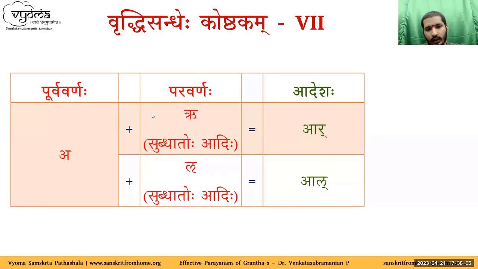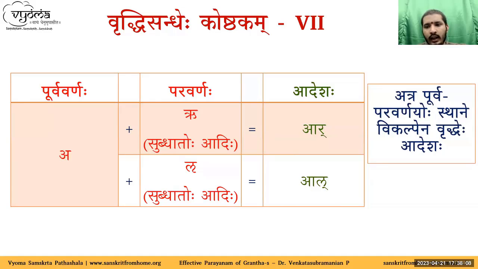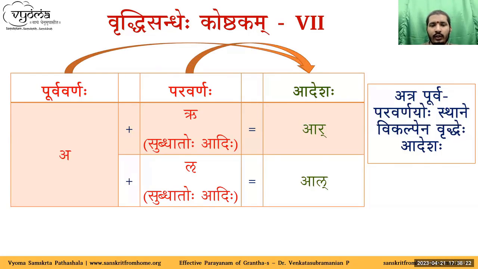So if you want, you can do Adesha of ār or āl, or else, generally, a plus ṛ is Gunasandhi, ar, or a plus ḷ is al. So you can do Gunasandhi also. So this is optional. Till here, whichever sandhis we saw were not optional. So Akshauhini or Swairam, etc. were all Nitya. That is, they have to happen. If swa is followed by ira, we have to make Vriddhisandhi only. We can't do Gunasandhi. But here, there is an option of either Vriddhisandhi or Gunasandhi.